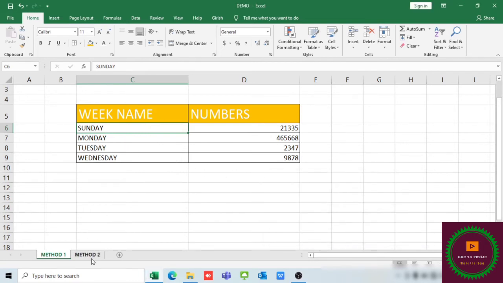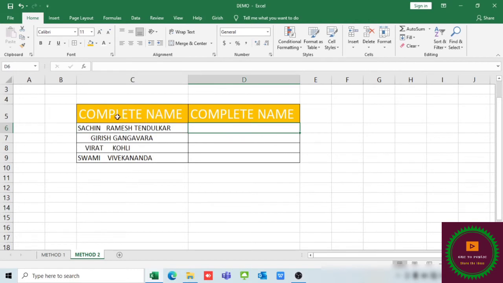If we go to method 2, here we have names of persons or names of villages. If we remove the spaces between the words, it will become one complete word, which is not appropriate.